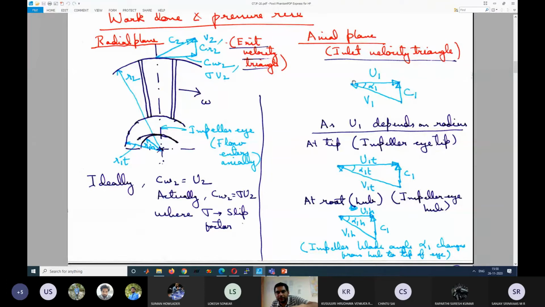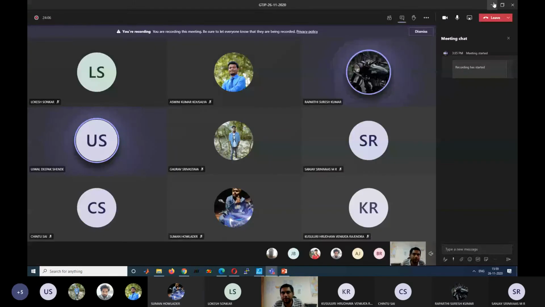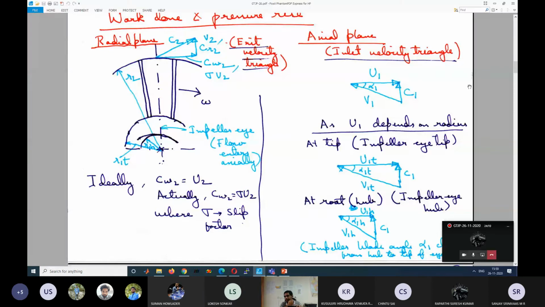You have to rotate, keeping the U1 constant. So if this is the diagram, I hope you can see it. So this phone is the diagram. Can you see the phone? I am holding it in my hand. Your camera is off. Is it off? Yes. Should it be off? No, sir, I can see. Camera is on. I can see, sir. That is my picture.